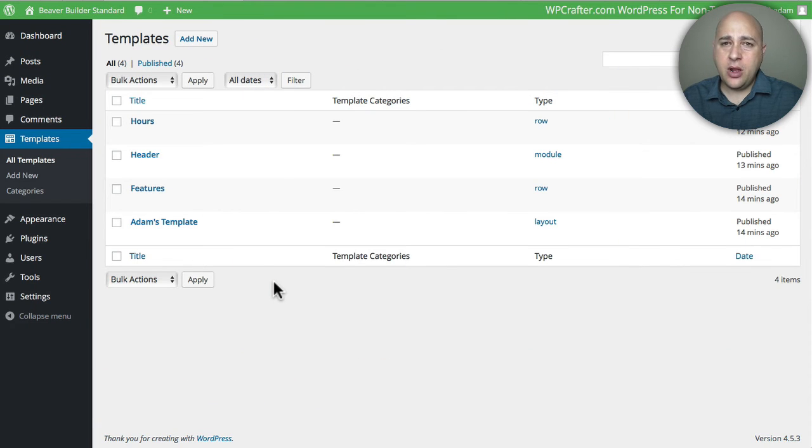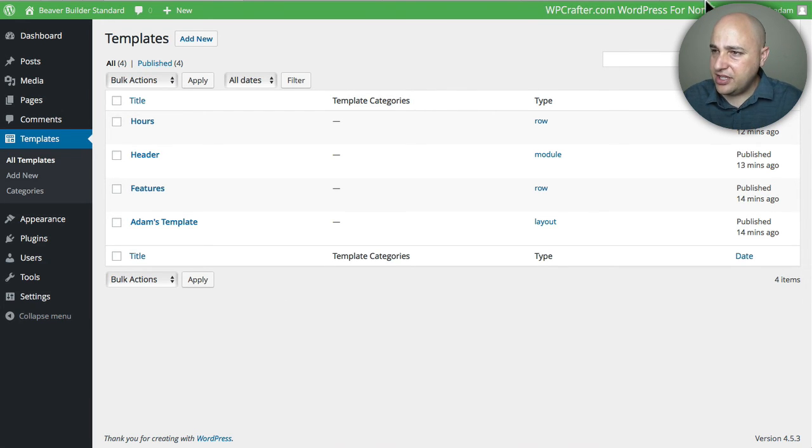So now the last item I wanted to cover in this video is short codes, and I love this feature, and I'm currently using it on multiple websites. Even my main website, I'm using these short codes, and it allows you to take these saved rows and saved modules and pretty much place them anywhere on your website that you can use a short code. Now there is one caveat: some themes are different, and maybe a short code won't work in a footer or in a widget area like that, and it might be a little theme dependent, but most content pages are going to take short codes no problem.